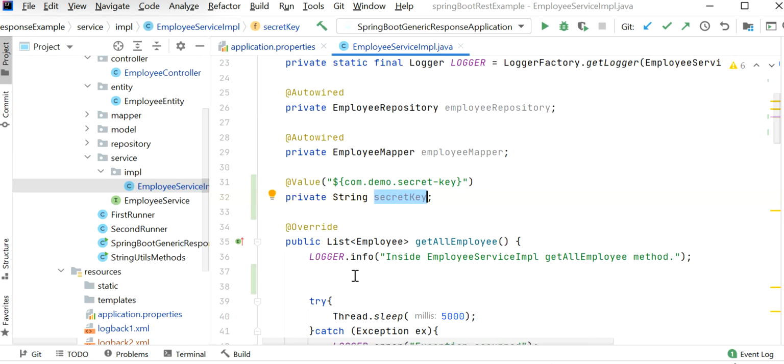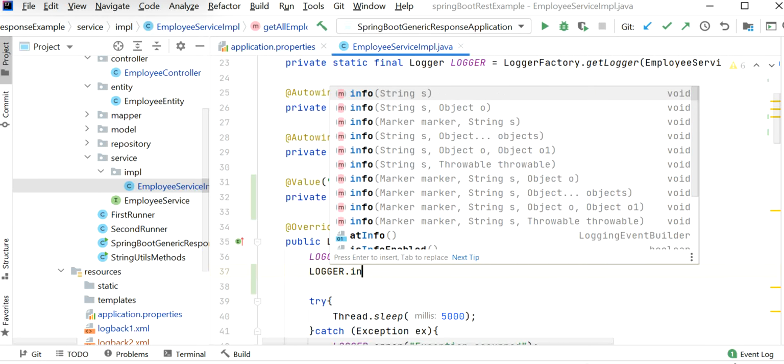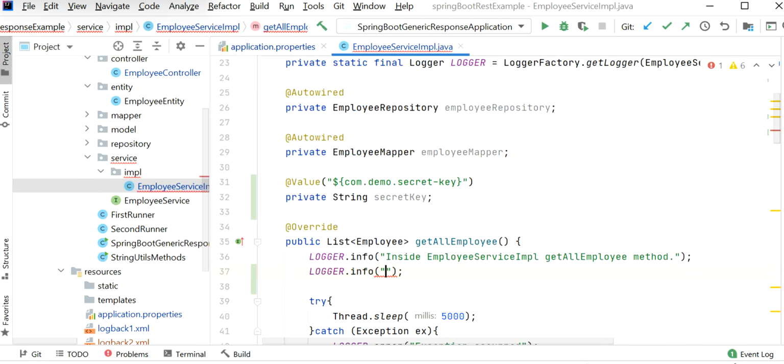Let me copy this and print it with logger.info, my secret key.